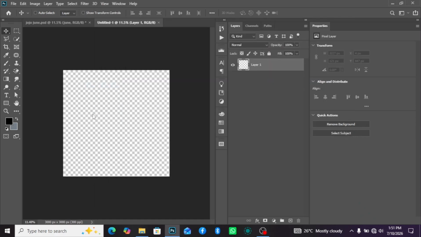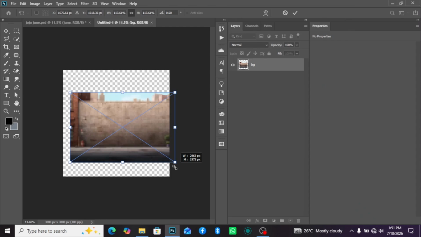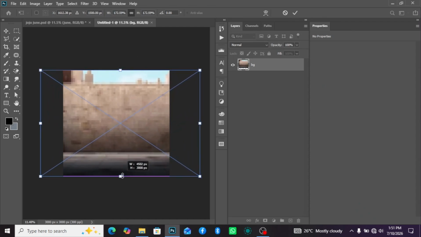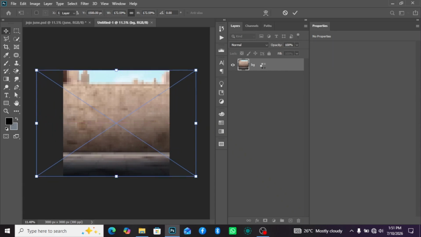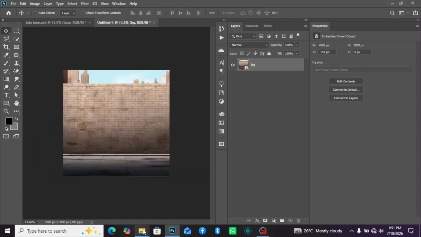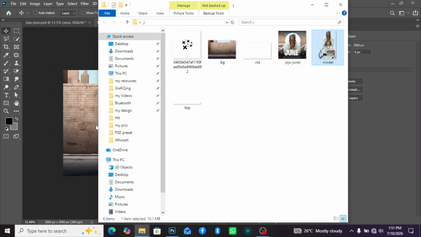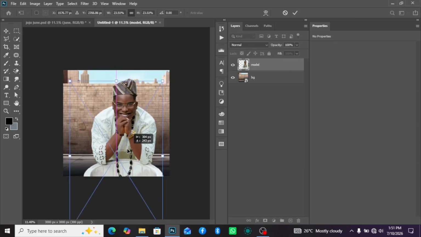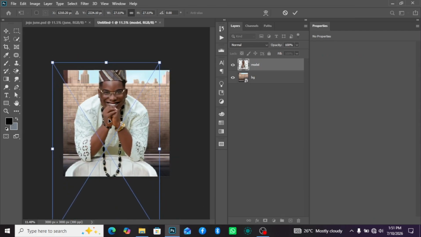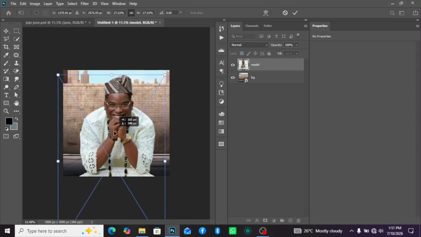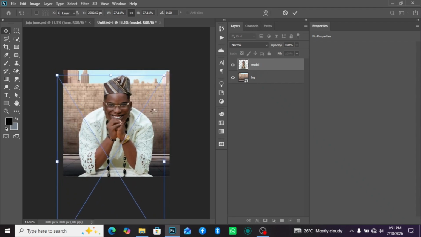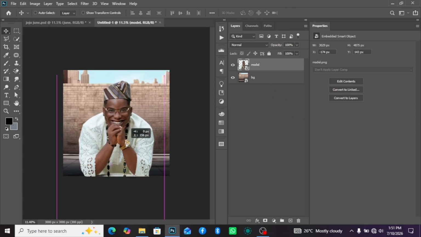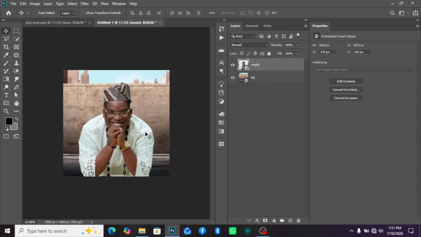Bring in this program I used. I would scale it up. Then I'll bring in the model. This was the model. I'll zoom it in. Zoom it in. Like this is okay, but let me